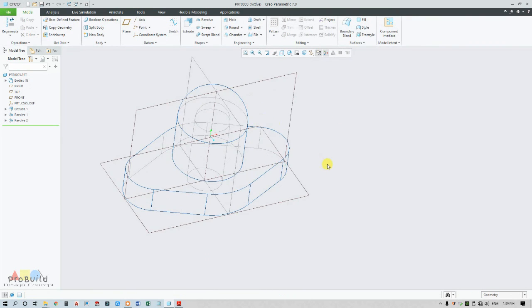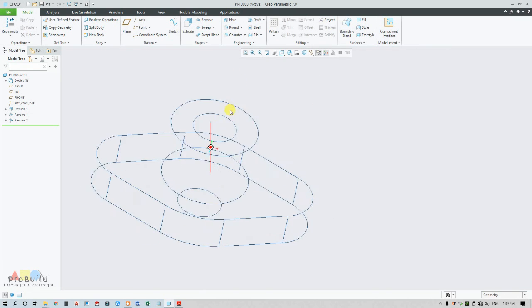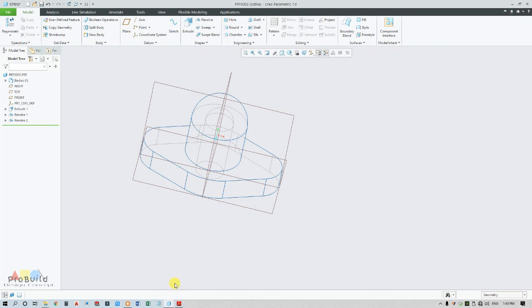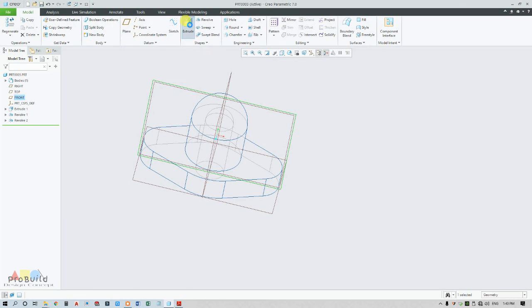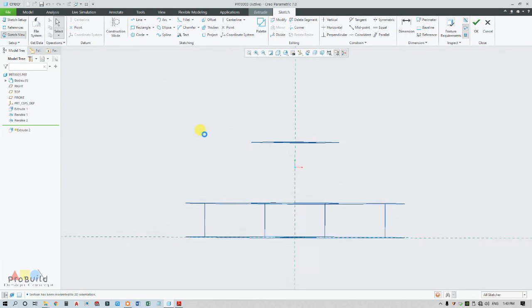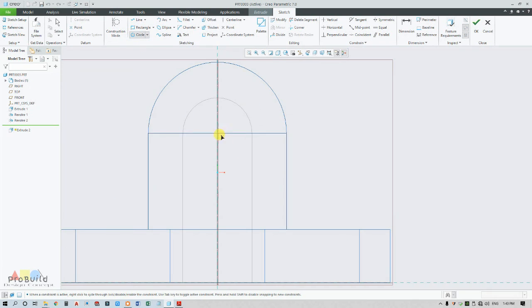Yes, so this is the diagram, and sorry, this is the design, and you can find the slot here, and its distance is 32, and the circle's radius here is R6. So I need to select once again front, go for extrude option, so draw a circle 6 into 12.